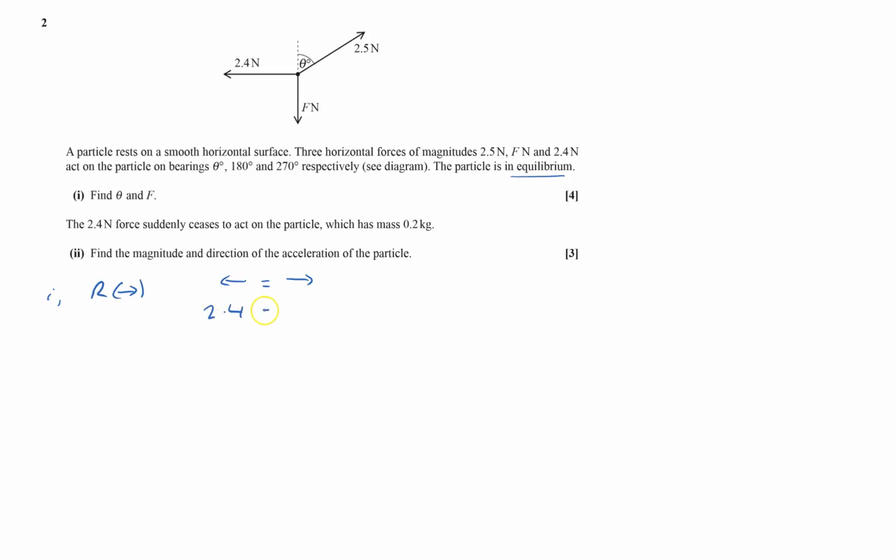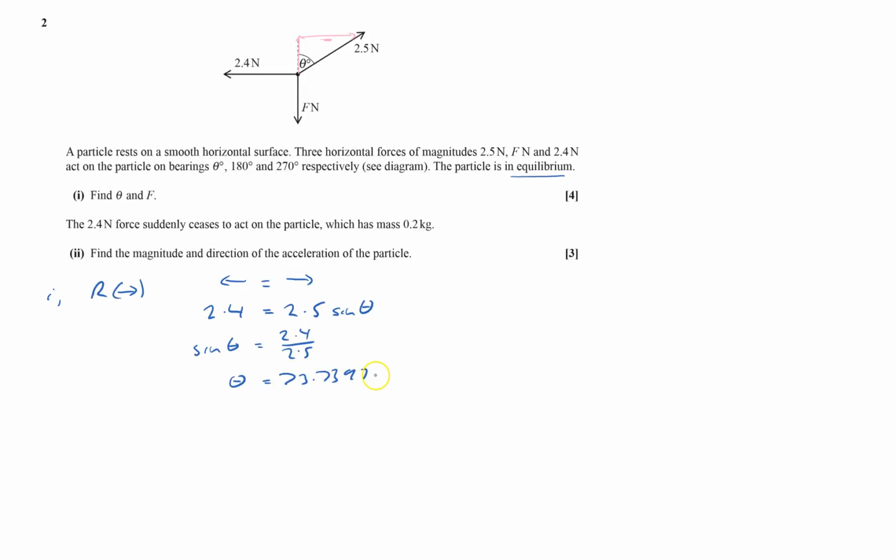So that's 2.4 equals 2.5, and if I split this force up like so, this is the one I want here, and that is sine. So it's 2.5 sine theta, and therefore sine theta equals 2.4 over 2.5, and so theta equals